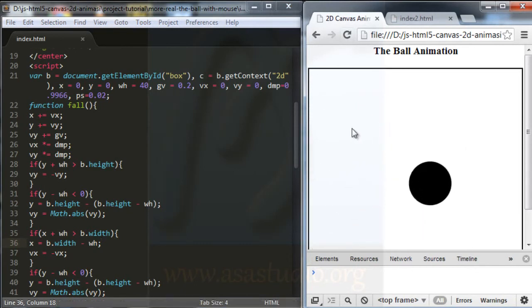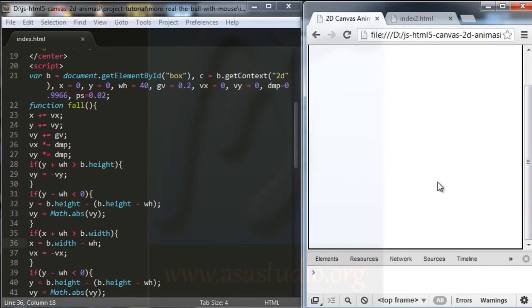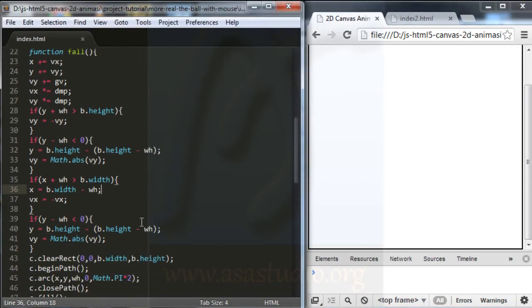And if I try, okay, on top I have animation, and now I have collision in the right box. I think my script is right, and now I need the left box, and I change